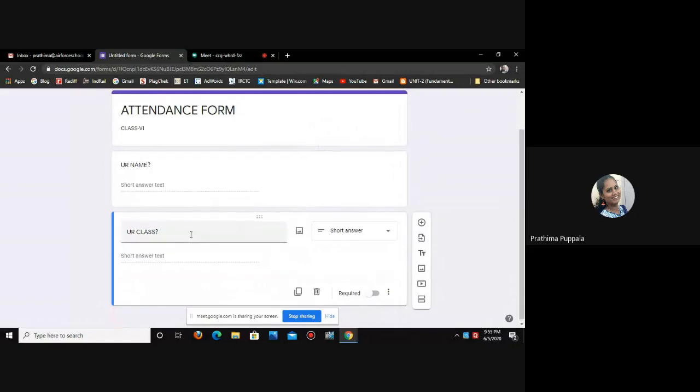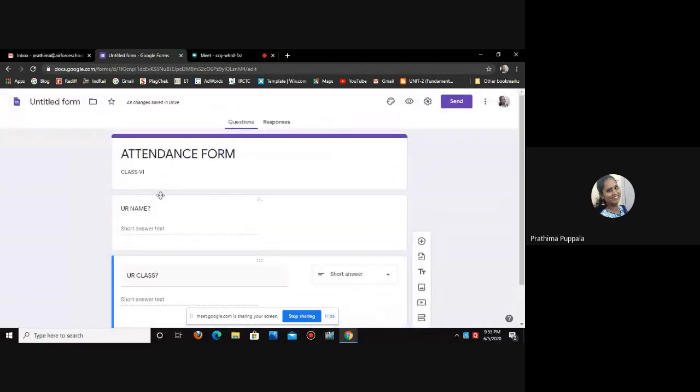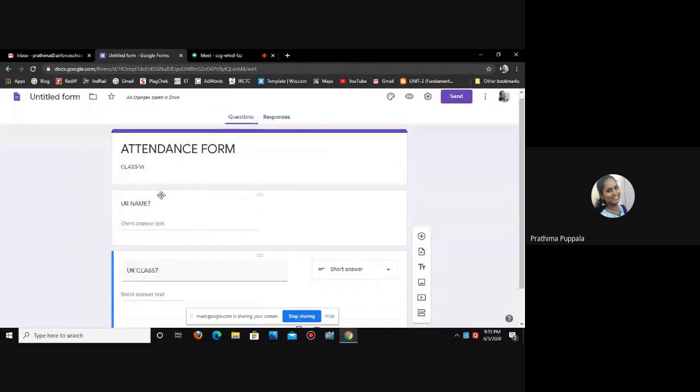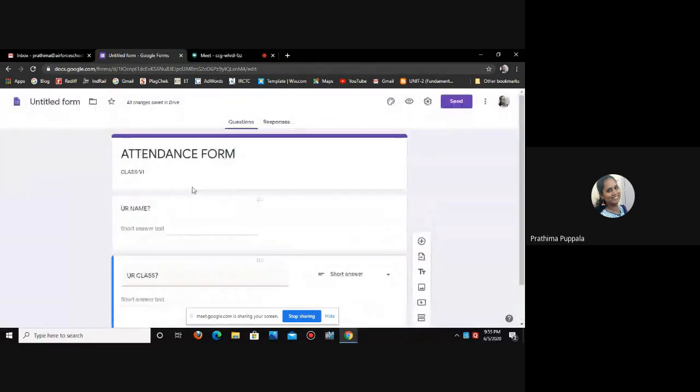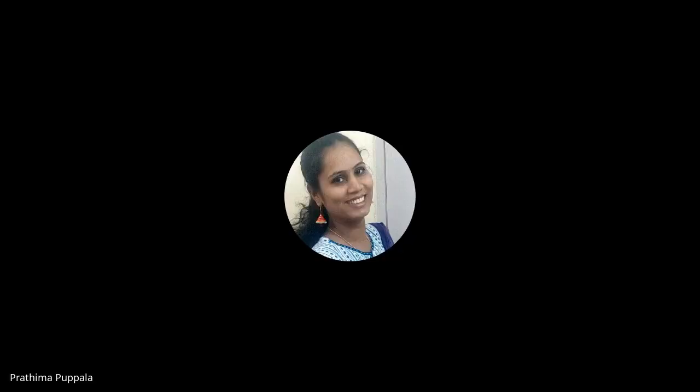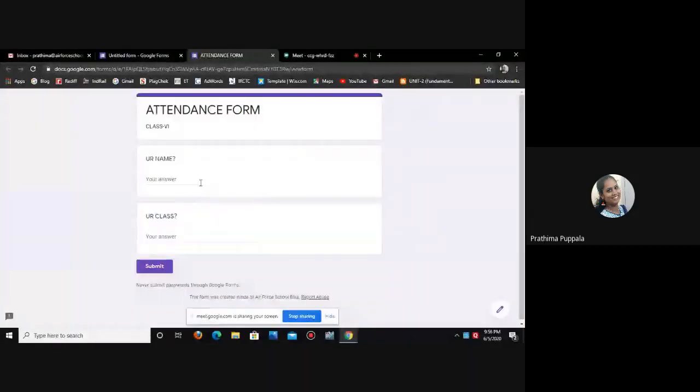Once I'm done with my questions, now I just want to see the preview of this form, so that if you want to make any changes, we can do so. Just click on preview. This is the form. When you send it to your students, the form will look like this: attendance form, class 6, your name and your class, and a submit button.